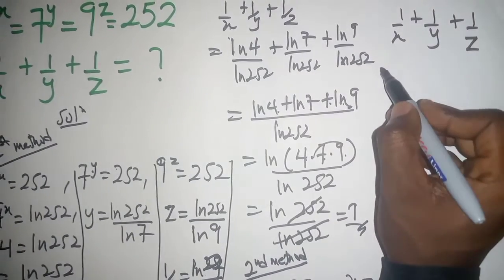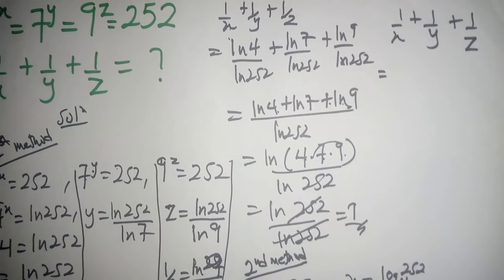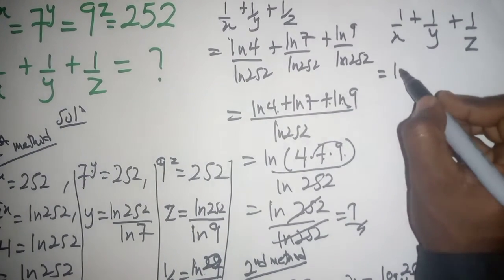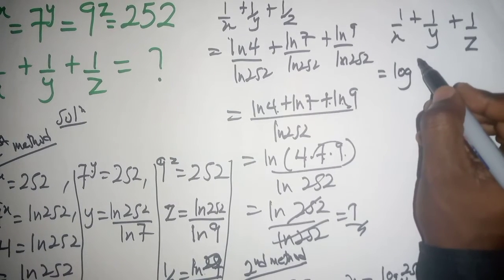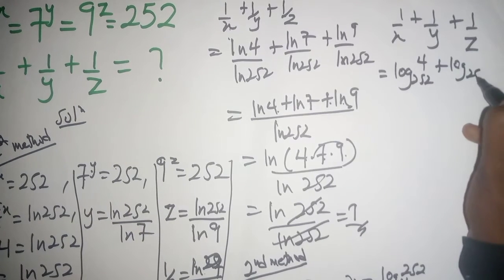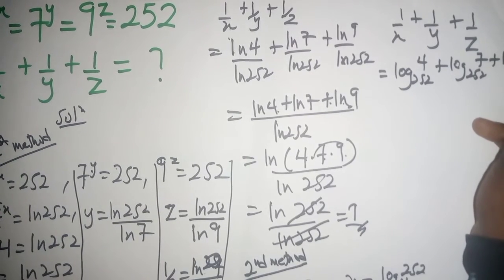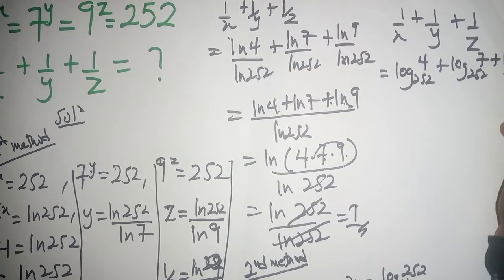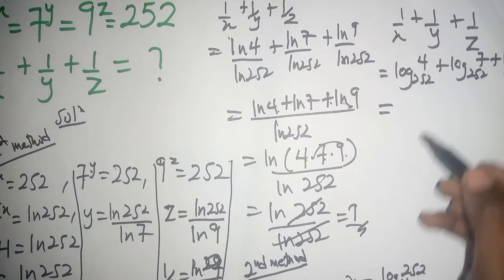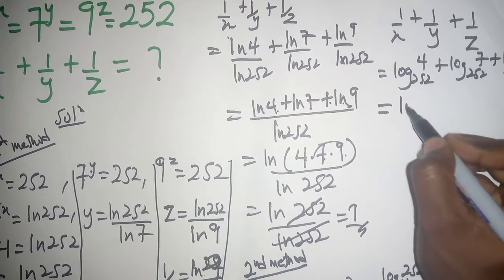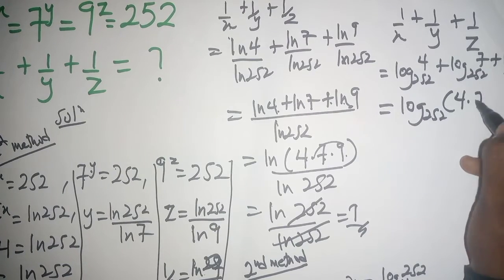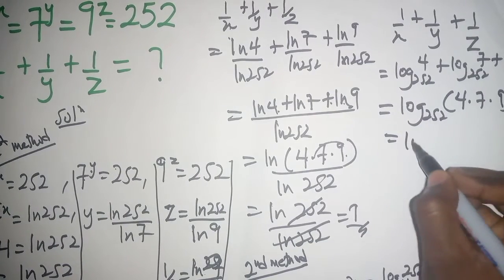So if that is the case, then 1 over x is, using the formula here, the log base 252 of 4, plus the log base 252 of 7, plus the log base 252 of 9 in this case. Now, again from the properties of log, if we have something like that and the bases are the same, this whole thing goes to log base 252 of 4 times 7 times 9, and this just gives you